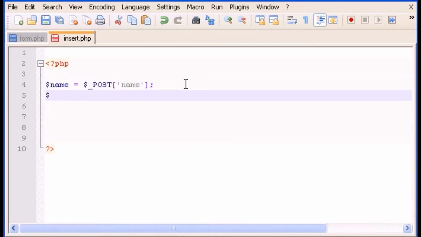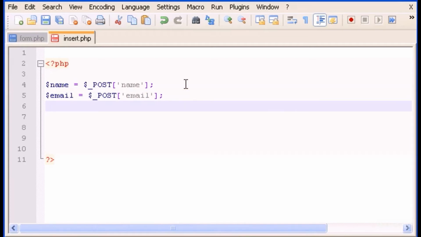The second one is email. So let's type here email, and the third and last one is the password. Okay, now